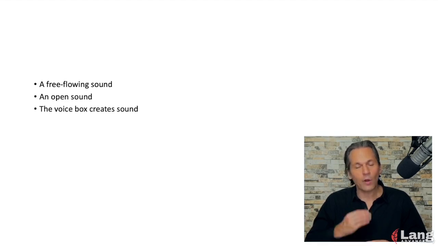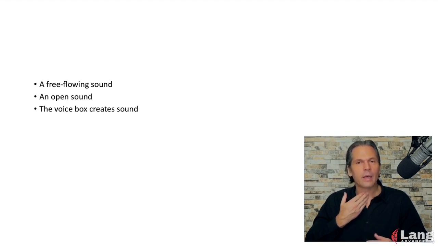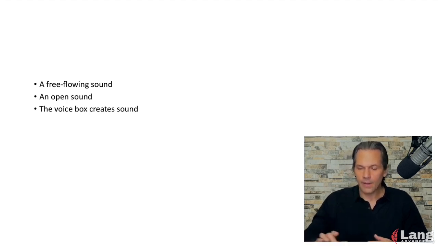The sounds we made all used the voice box. Now you can touch your voice box when you make these sounds and you'll feel it vibrating. E. Try that. Ah. Oh.